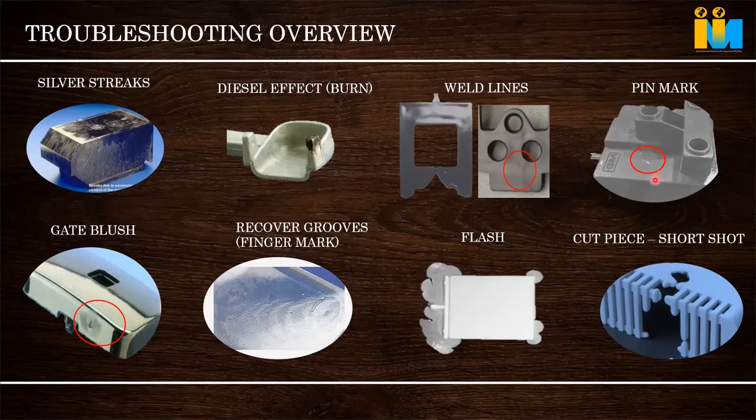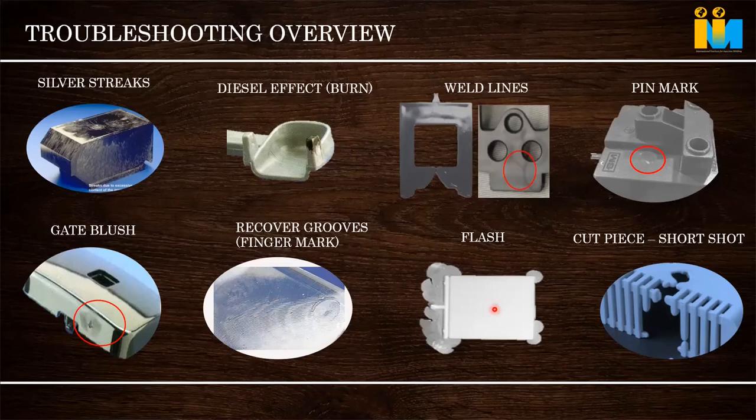The fourth one is a pin mark. Wherever the ejector pin is, we can see the impression of the ejector pin over the part. And this one is known as gate blush. Many people observe this in our parts. Around the gate, there will be a round, light, whitish color mark. Very difficult sometimes to solve. Next one is known as record groove or finger mark. It looks exactly like a thumb impression or finger mark on the part. Normally near the gate or end of the flow we can see these marks. It will be like a line on the part.